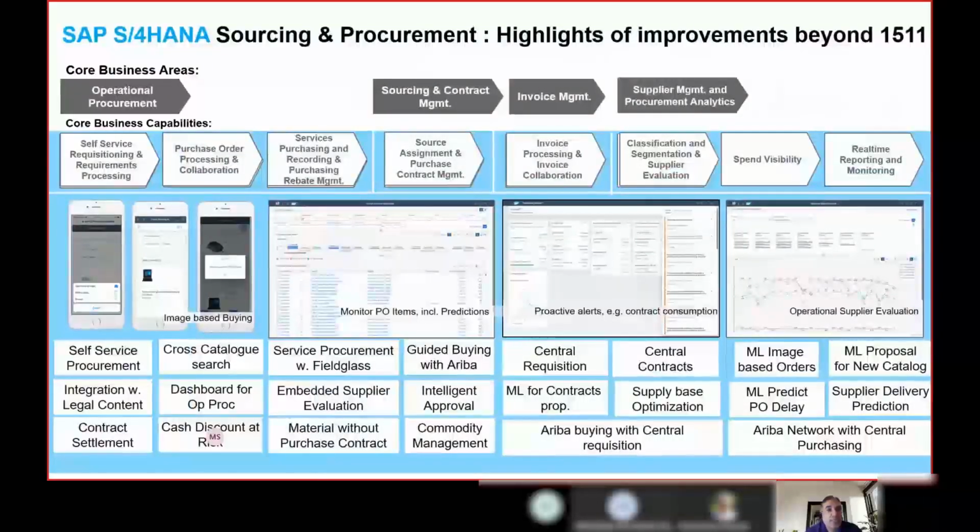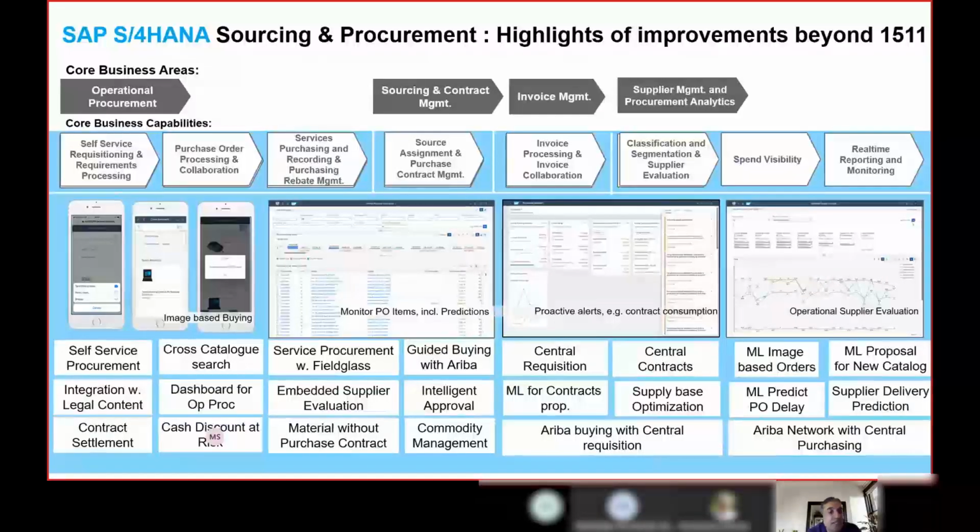On sourcing and procurement as well, you can see there are innovations right from the beginning where the requirement generation starts, till the materials are delivered by your suppliers to your organization. A very good example is image-based buying. Say, for example, a user is in the field or in the factory, and there is a failure of a part in a machine.